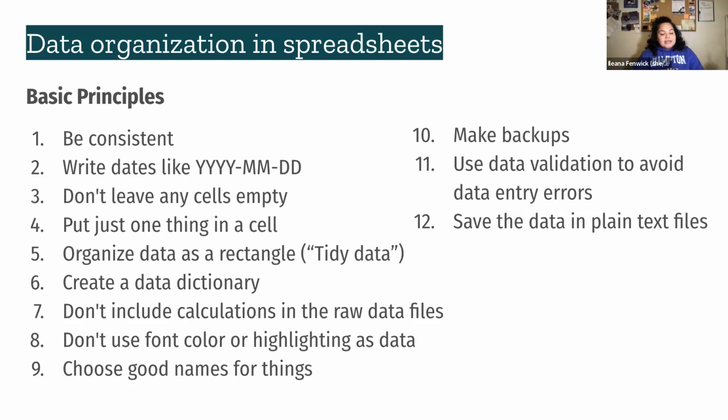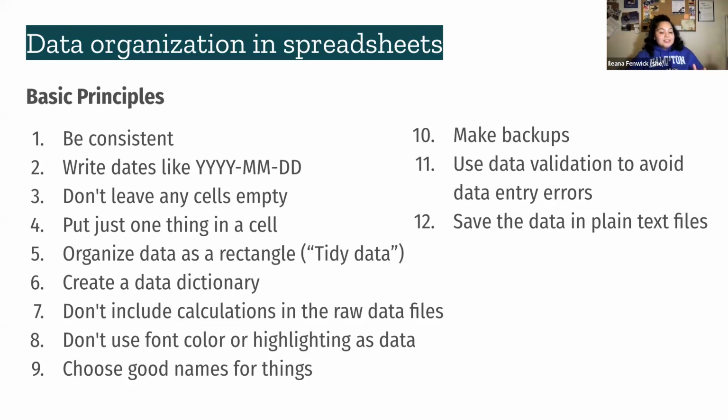And so one way to address that is to make sure that you use a common and consistent code for missing data. It's important within your work to make clear that data are known to be missing versus intentionally left blank. And another important tip of putting just one thing in each cell is to treat each of your cells as an individual component of the data that you want to save. So for example, if you have 2 study sites and this is your 3rd replicate of the sampling, instead of putting site 2_3 and having both of those details in one cell, you can create a column for the site and a column for the replicate. And this tiny bit of data wrangling can save you an incredible amount of time in the future.